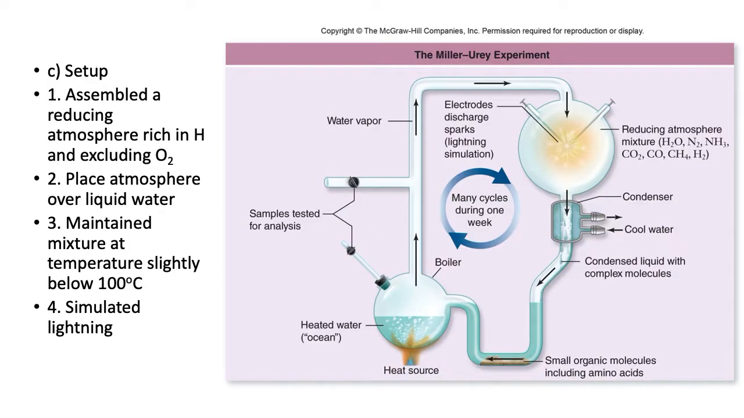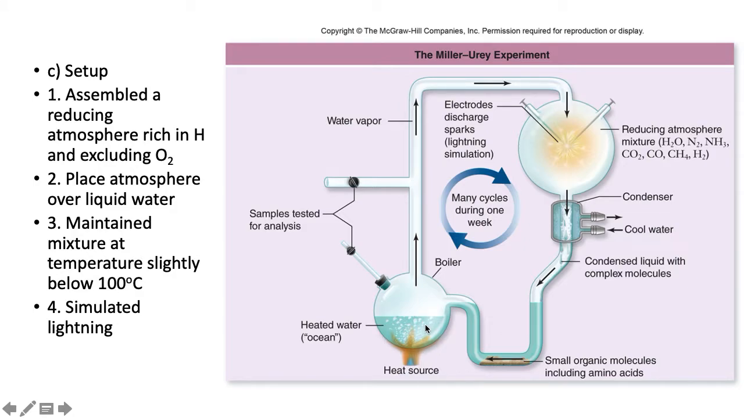Okay, so here's their setup. What they did is they created the atmosphere, the reducing atmosphere. They added a mixture of water vapor, nitrogen gas, ammonia, carbon dioxide, carbon monoxide, methane, and hydrogen inside this glass apparatus. And then they set up a heat source with a heated ocean because Earth was pretty hot